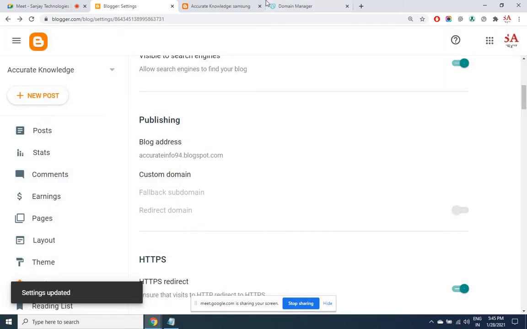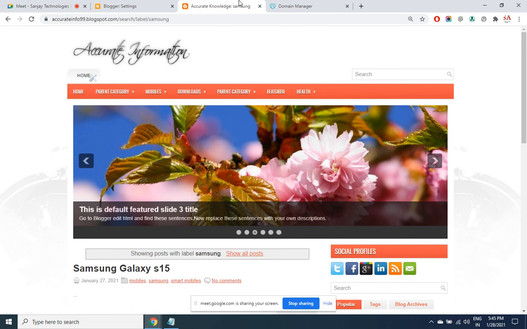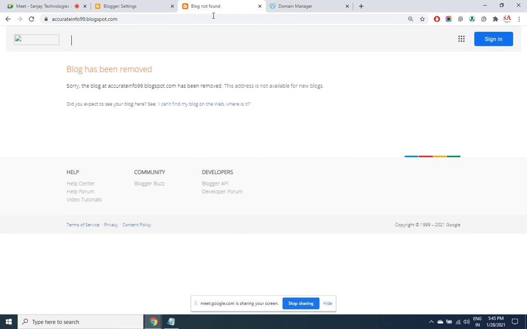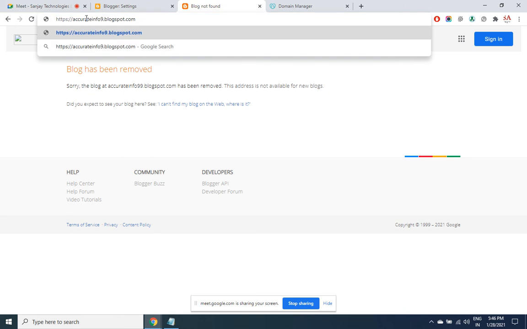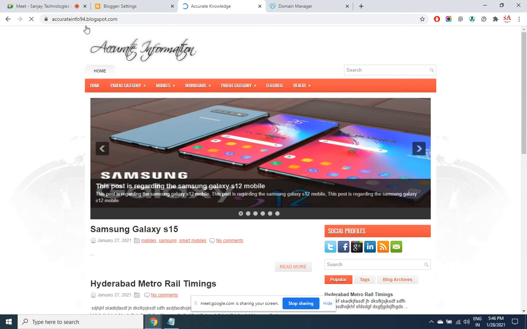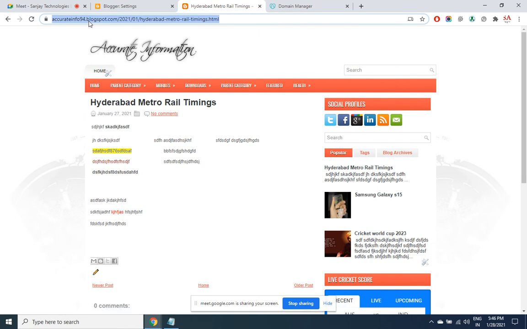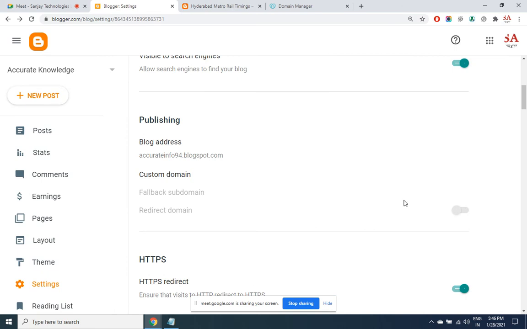So now my site address has changed. I told you all this takes a few seconds nowadays, which used to take 1 day, 2 days of manual configuration. Now my site will not work at this address at all. Blog not found, because my new address is 94. Automatically all the URLs will change. All these URLs have changed. See here. So in just a matter of a few seconds, you can change your website address from free to free. Now we'll see from free to private.